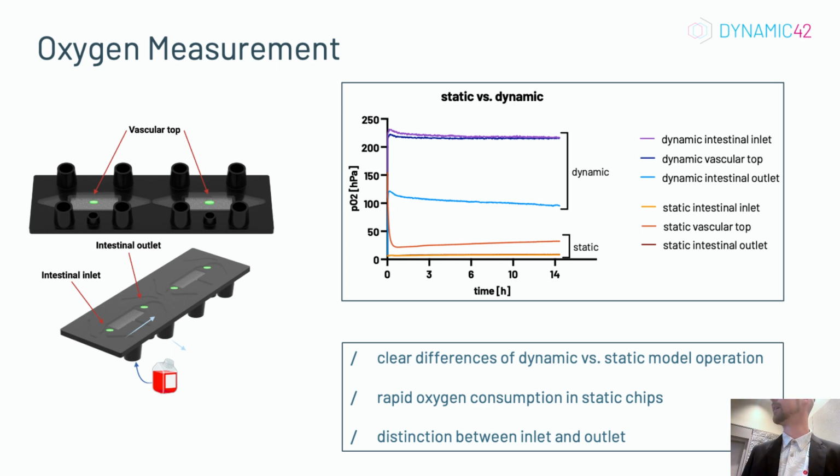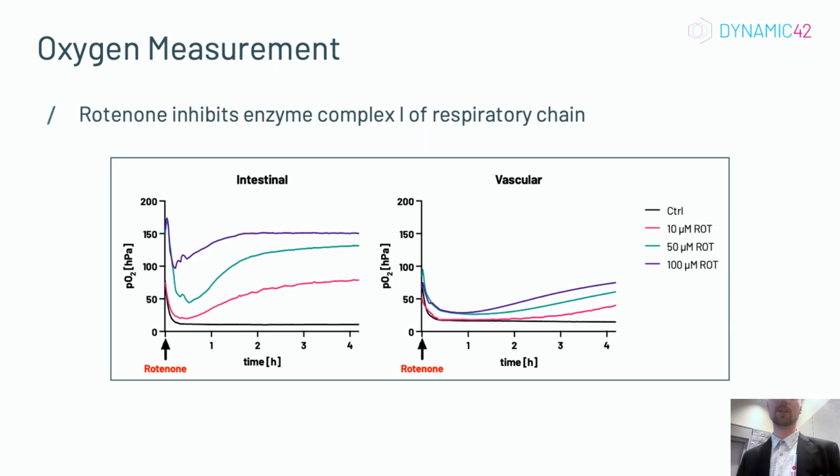And with this, this can be helpful to investigate different kinds of questions. And of course, we did a proof of concept also during the experiment to see if we can intervene with the oxygen consumption. We chose rotenone for this demonstration. It is an inhibitor of enzyme complex 1 of the respiratory chain, and we see that the administration of rotenone results in disruption of cellular oxygen consumption,